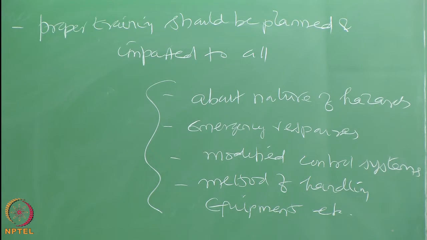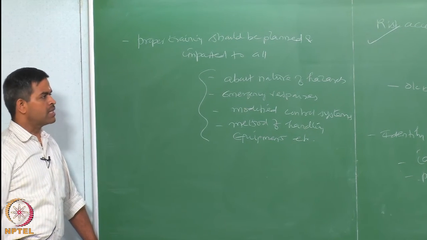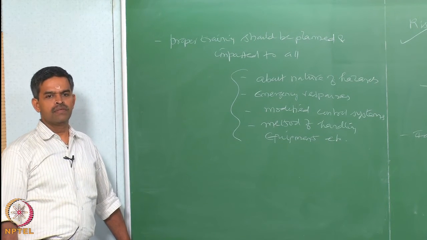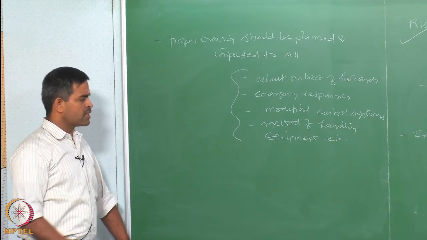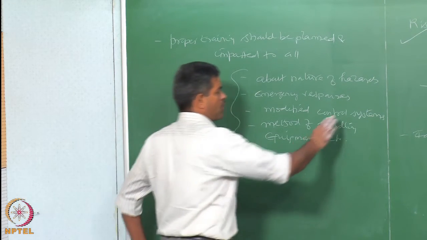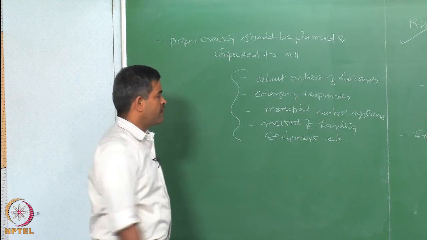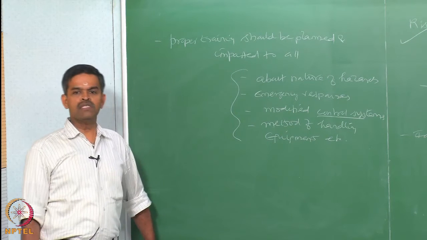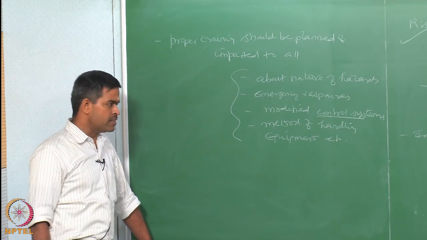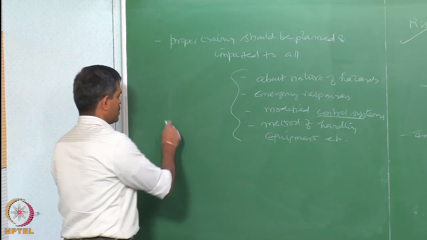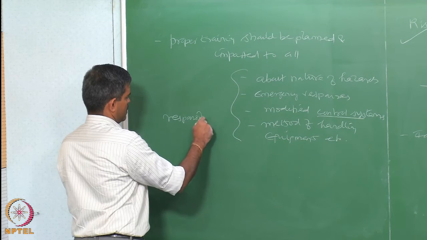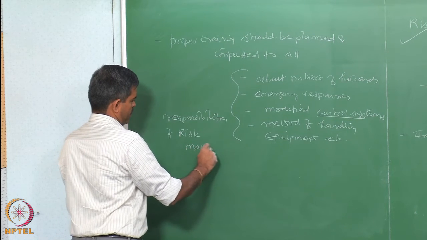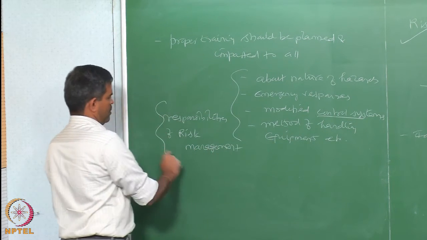So, this will try to reduce the probability of occurrence of those hazards or risks present in the system. It will reduce the cost implications. It will also improve the effective working of the possible controls. I am not saying possible controls are not there, you do not have to operate them. Okay? Effective working of possible control mechanisms will all lead to reducing the consequences, even though the hazard may lead to an incident or accident. This is what we call the responsibilities of risk management.